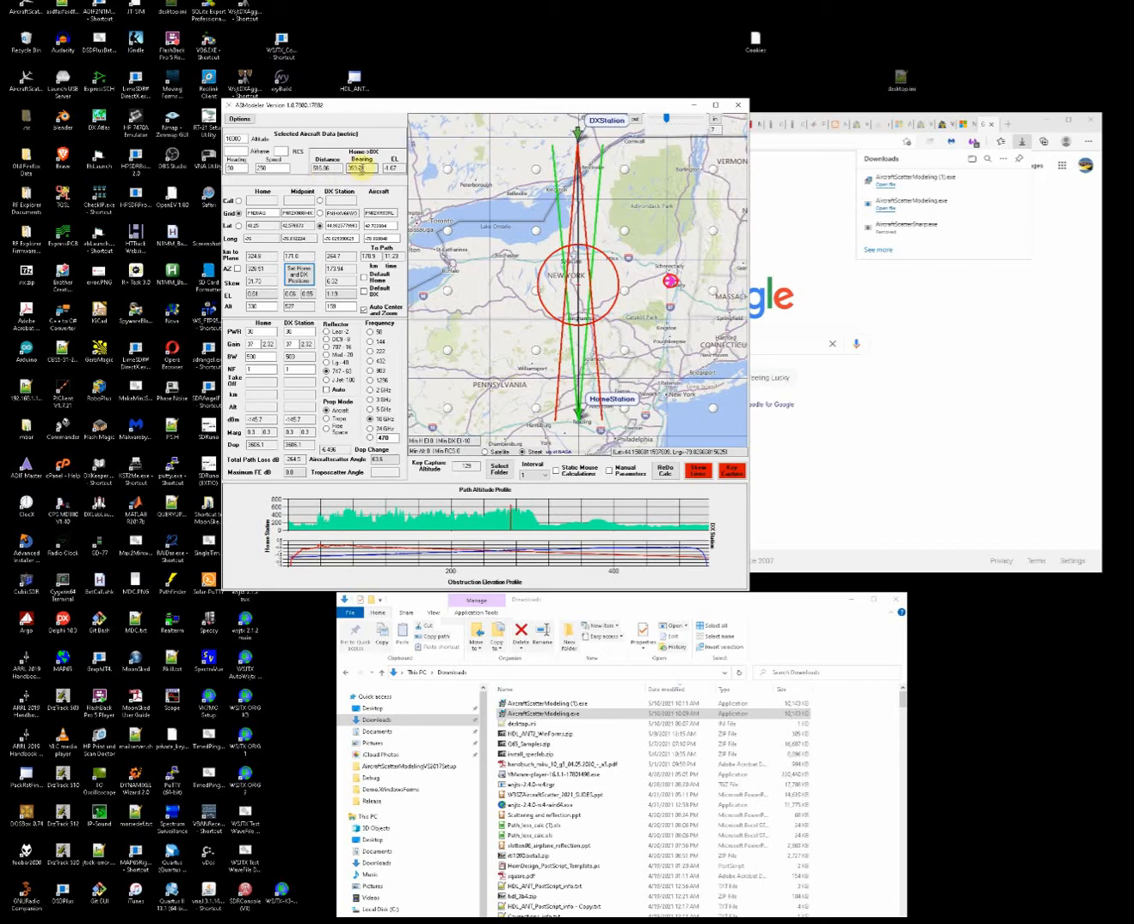We're 359.78 degrees. The path length, as you can see, is 516.86 kilometers. Okay, so now we're going to run the plane again. We'll just do left click on the map,